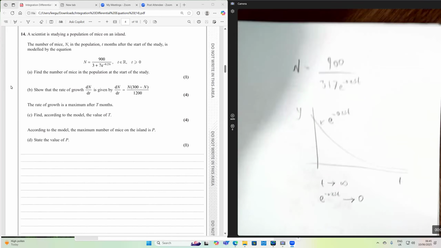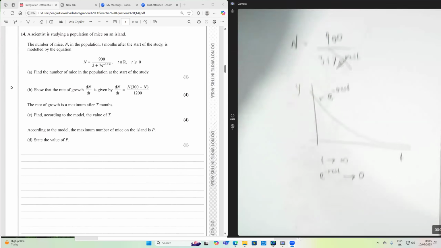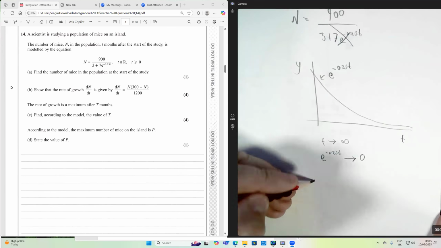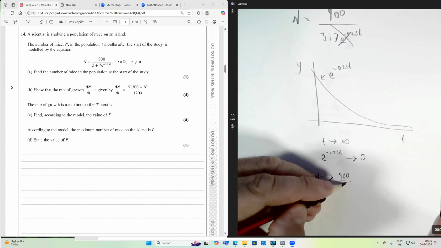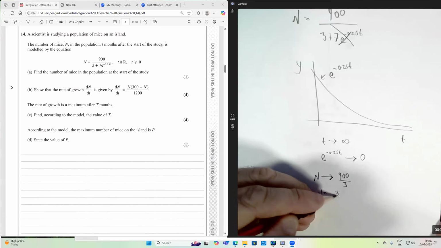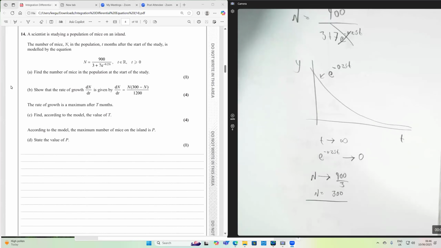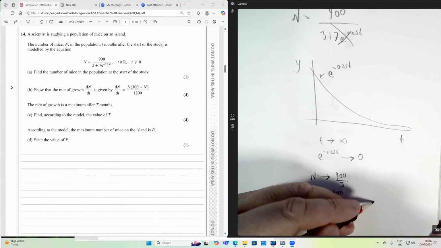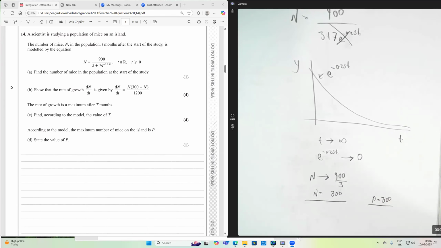So as time gets bigger and bigger and bigger, this term becomes 0 and effectively vanishes. So therefore, n tends to 900 over 3. So therefore, the population of mice is just going to tend to 300 in the long term. Okay, so the value of p is that p equals 300